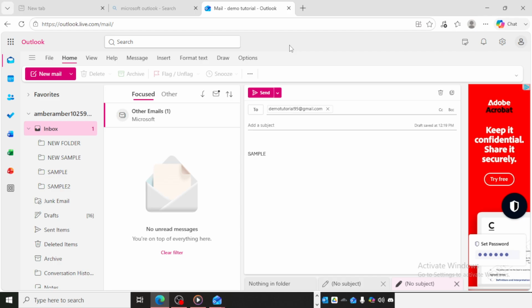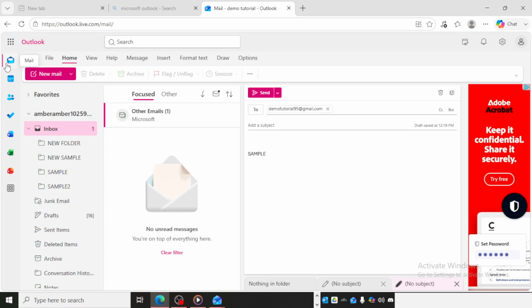To begin, open Outlook on your computer and make sure you're on the main Outlook screen. Once Outlook is open, go to the Mail section. This is important because the ribbon can look a little different depending on which area of Outlook you're using. So starting in Mail helps make sure you're editing the version you actually use most often.